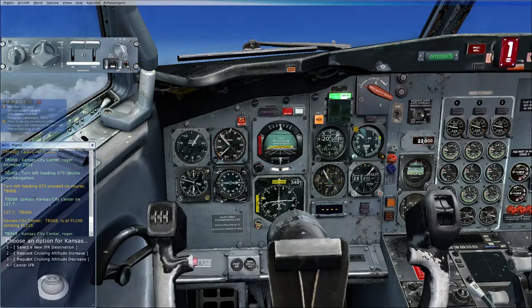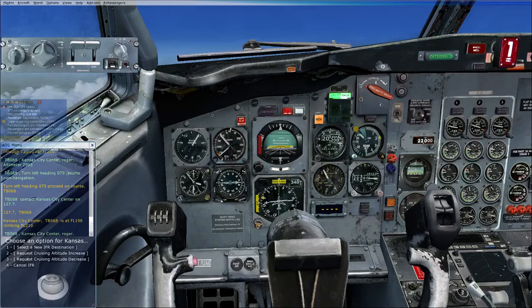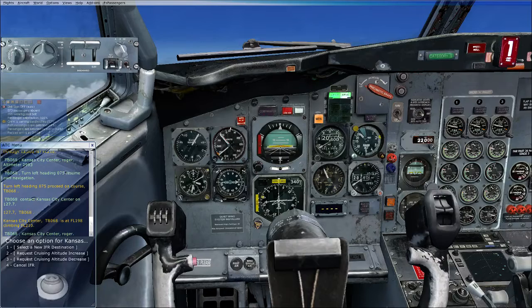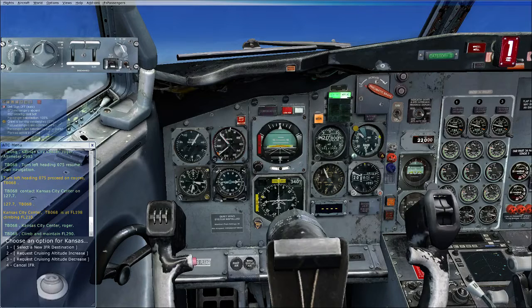Let's see here. Only works with DirectX 10. That's interesting, because my understanding was that in FSX only the aircraft preview screen was DirectX 10. I don't know if the entire program runs in DirectX 10 or not. I think it was all DirectX 9. Well, I'm a little bit biased, but I like...